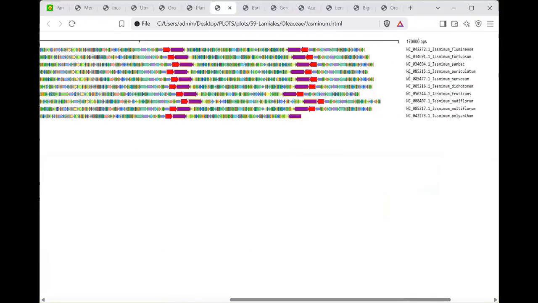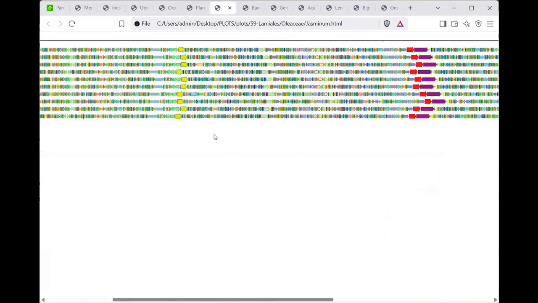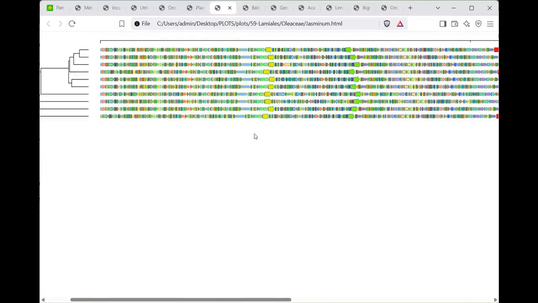Here most sequences are of similar length, close to 170,000 except one. You see quite a bit of fragmentation once again, but the inverted repeats are not missing. You can distinguish the inverted repeats. So it's somewhere in between the cleanest plots and the Incarvillea kind of plots where nothing is very well conserved. Here the sequences are well conserved, but the only thing you see is that the level of fragmentation is higher than